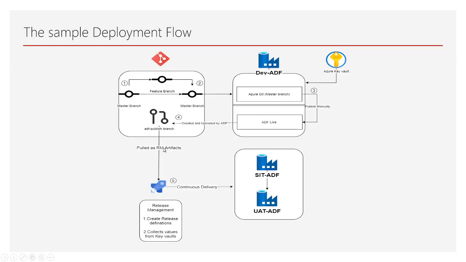So I will create the artifacts in the release pipeline. After that, I will just fetch those artifacts and push them to my ADF pipeline and UAT pipeline. At the time of creating the pipeline, we will change the SIT level configuration and UAT level configuration in the ARM template. And how to do that? We have already used Azure Key Vault for that reason, to store everything in a central way. Now we will just need to point everything to our Azure Key Vault. Let me show these things to you as well.